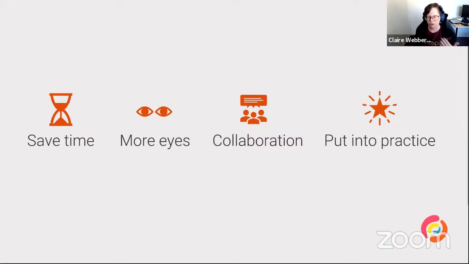Building these annotations and documentation up front also will help increase accessibility knowledge across your whole organization. Lots of people, lots of stakeholders have eyes over design. When we include those annotations and that documentation up front, it gets more people thinking about accessibility earlier. It also really puts it into practice and embeds accessibility as a way of working in your organization.